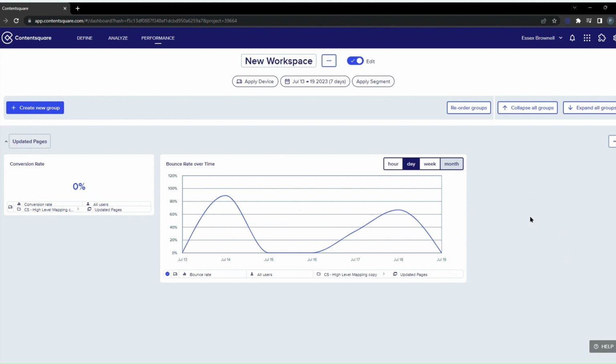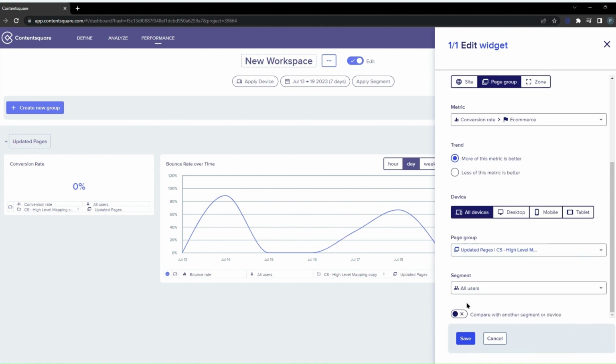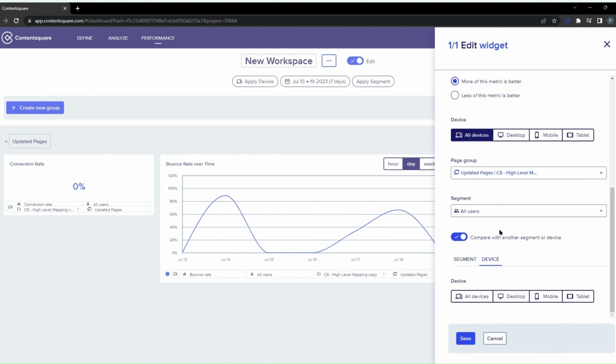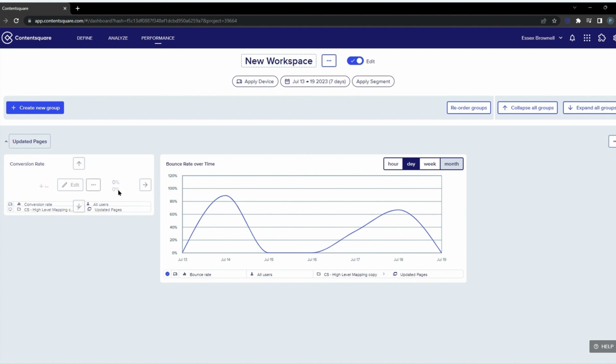Another useful tool is if we go back into our widget, we once again can use this compare toggle to then compare our metric with another segment. So we'll compare it with just desktop. And now you'll see a comparison metric appear. So this provides you a great way to present the data that you find using the new customized mappings and